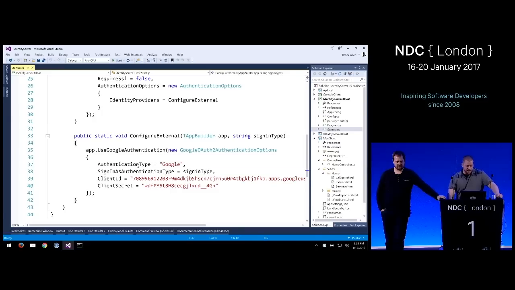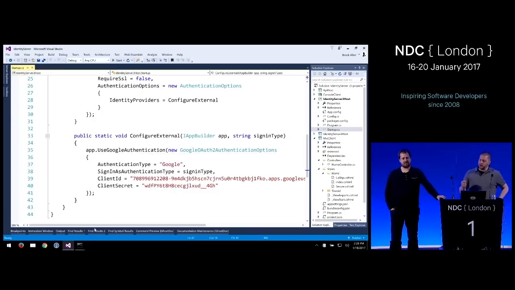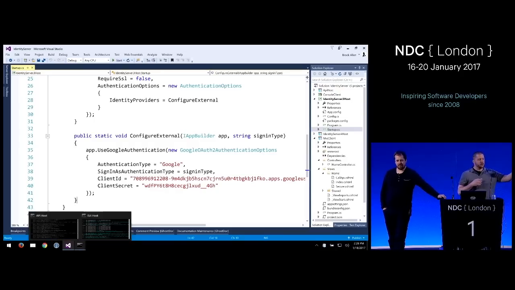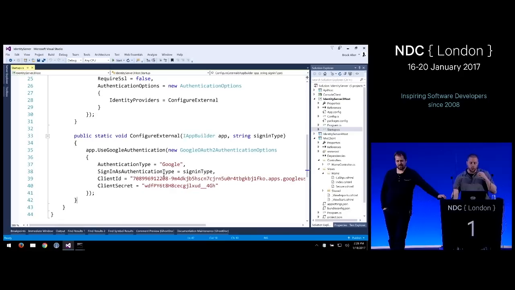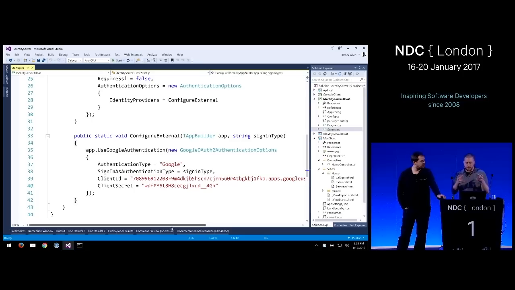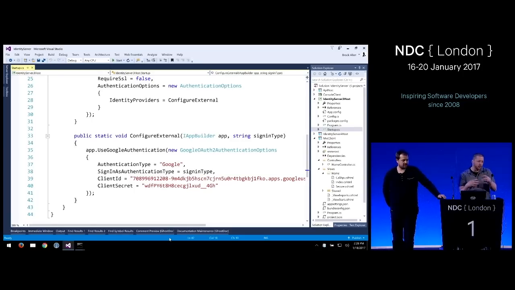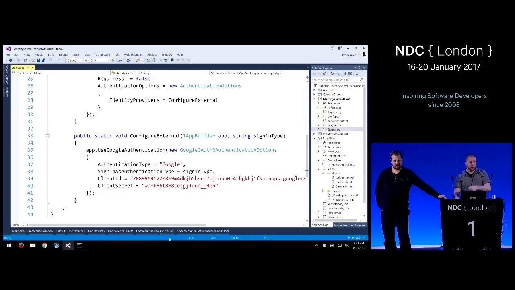The other thing about this is there's a common pattern when you're using an external provider like Google: when the Google user came back into your application, you didn't want them to immediately be logged in with your primary authentication cookie. Usually you wanted some way to capture the user before you fully logged them in, so that you could see, oh, this is Dominick from Google. Let's look him up in our database. Oh, there is a record. Okay, good, he's allowed to continue.